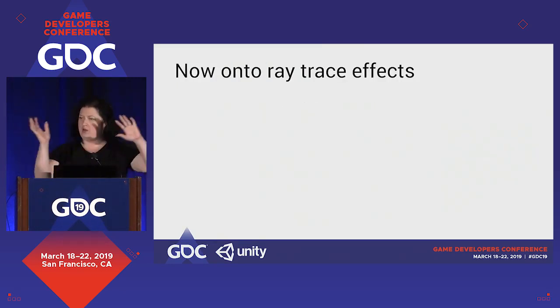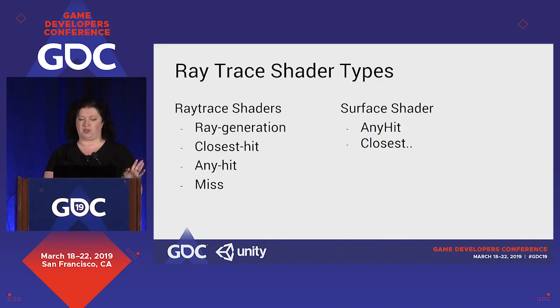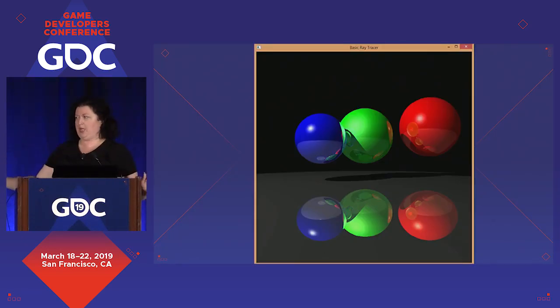So now we've covered that we denoise, we figure out good sampling, and then we reduce the resulting bias. Now, how do we approach ray trace effects? The general architecture is quite straightforward. If we look at DXR, we have a number of different shaders: ray generation, closest hit, any hit, miss, and so forth. And then there's a surface shader. In the surface shader, there's a couple of options. Of course, people get really hyped up about ray tracing, and I implemented my own POV-Ray tracing. I'll age myself. Every one of you probably implemented it too. It was awesome. We got transparency, reflections, textures. We felt really good. And yeah, sure, it solves everything.